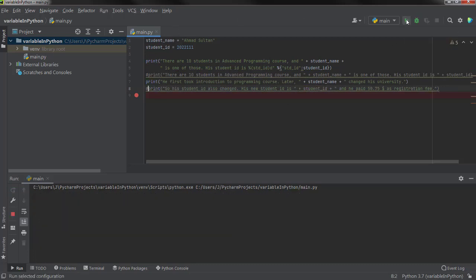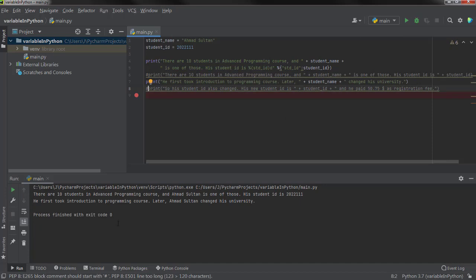So let's run it, and you can see that the program successfully executed. So here you can see that it has replaced the ID with the student ID. So this is one of the ways where you can define or print the integer value inside a print statement of a string.